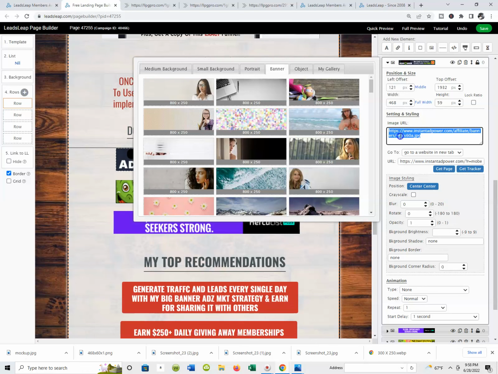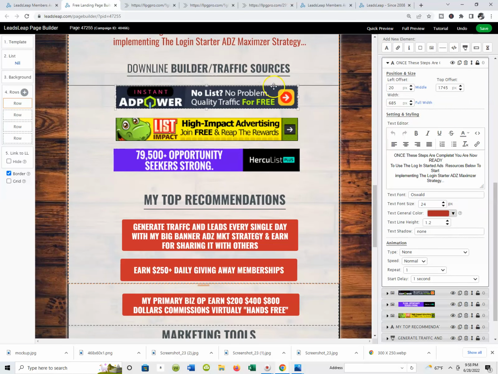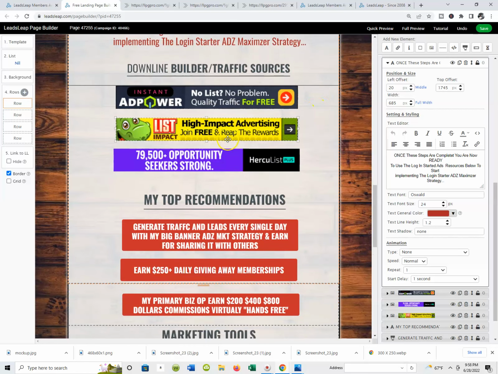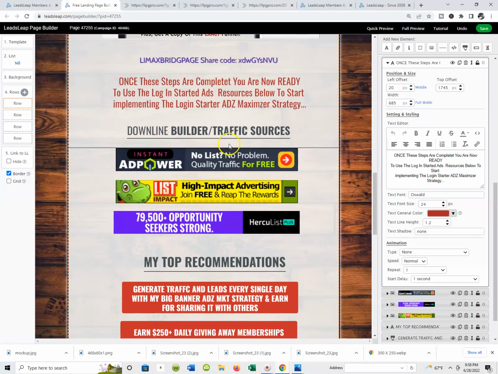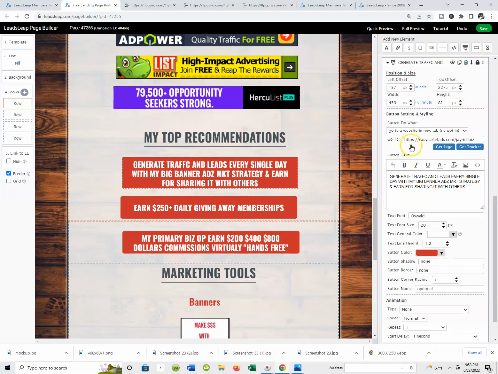I can tell you these are 468 by 60s, so make sure you're paying special attention to that. But any editing you want to do, you can edit them by simply launching the editor, coming down to the fields you want to edit, and making the necessary changes. And remember, the same holds true for your business opportunity. Whatever your business opportunity is, your primary business, take the time, guys. Click on the link, go inside, and redirect wherever